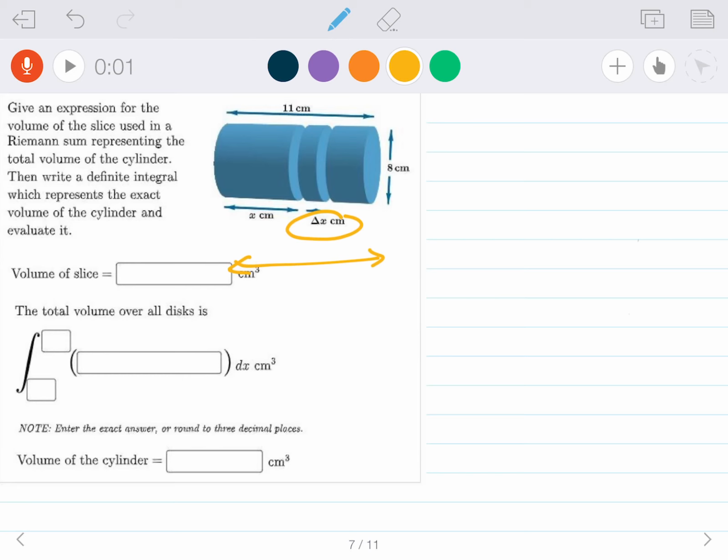And since this thing is a cylinder, we're not going to use little box slabs. We're going to use little circular slabs, as you can see right here, this little slab. So now we need to figure out what is the volume of each slice of this little slab that I'm pointing at. Remember, we want to write this in terms of x because that's what we're integrating